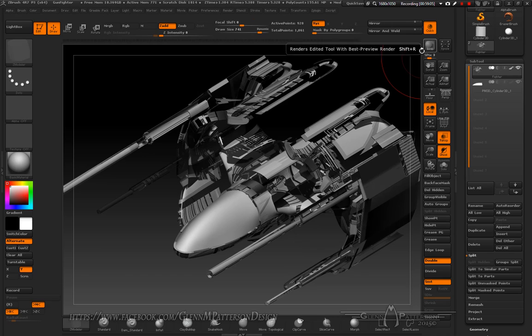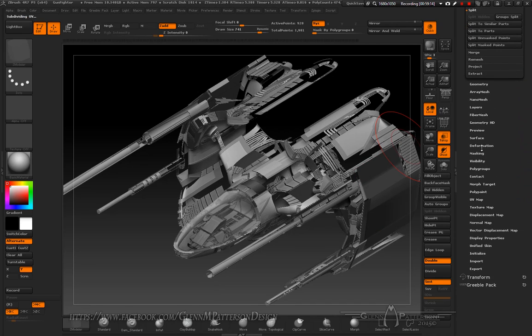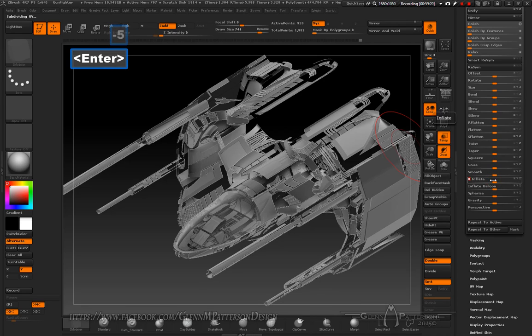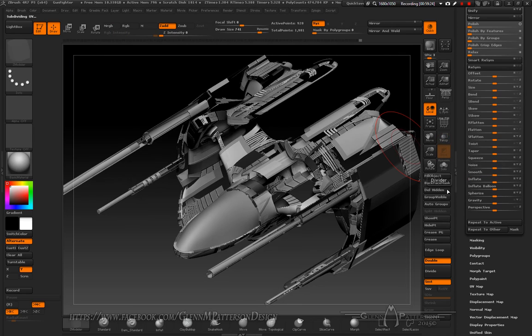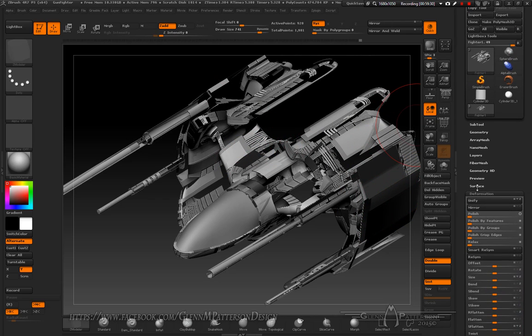Looking pretty good already. So all you've got to do now is duplicate, and go under deformation, and we want to do a -5 on inflate. Let me turn transparency off because we're working on new layers now. Let's go back to surface,